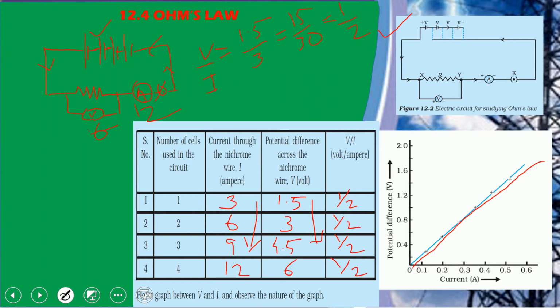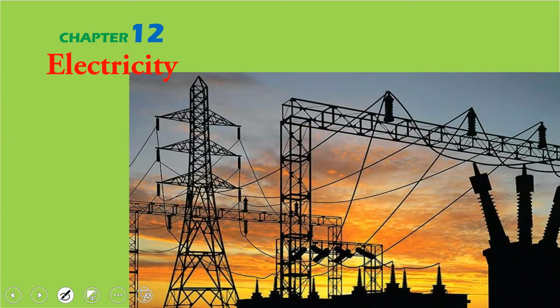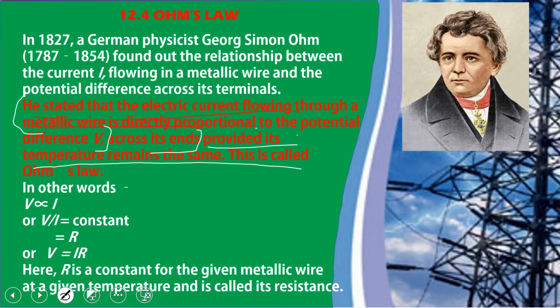Even length is a factor here. The length of the conductor must be the same. If the same potential difference is applied to a long wire, the ratio will change. Like that, if the material is changed, it will also change. While telling about the temperature, it is the main factor. That's why the temperature is told. So what is Ohm's law?